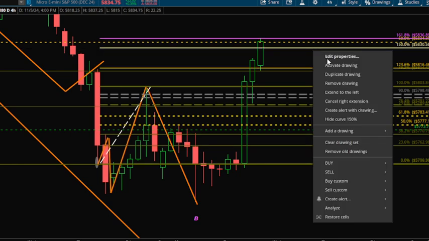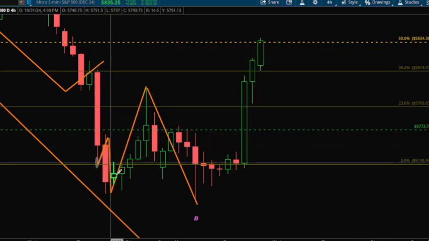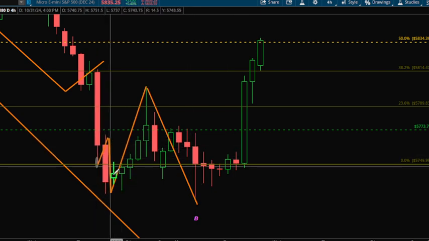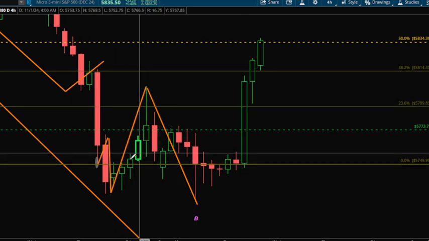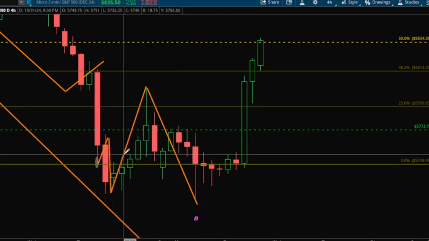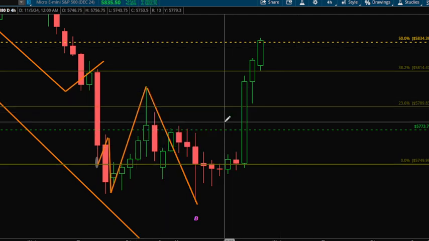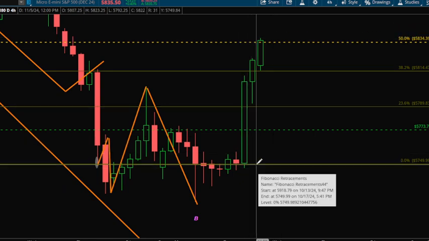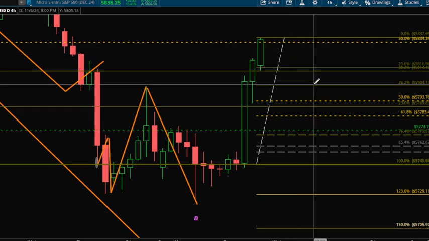So now we got to measure the pullback. So we're going to measure it from this candlestick, not down here. Let's just take it from where it's at. Oops. Start at A though. And there we go. So at the moment, here's the 38.2, which I would like, because if I'm thinking